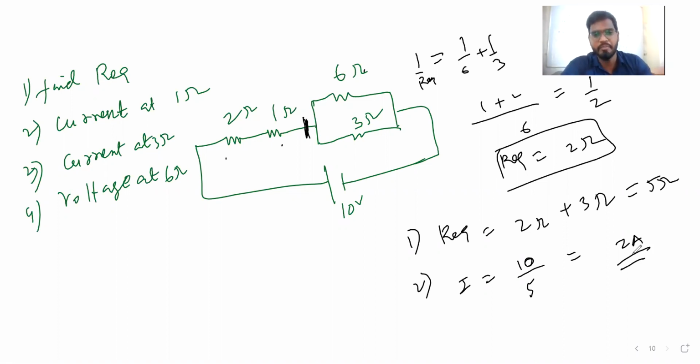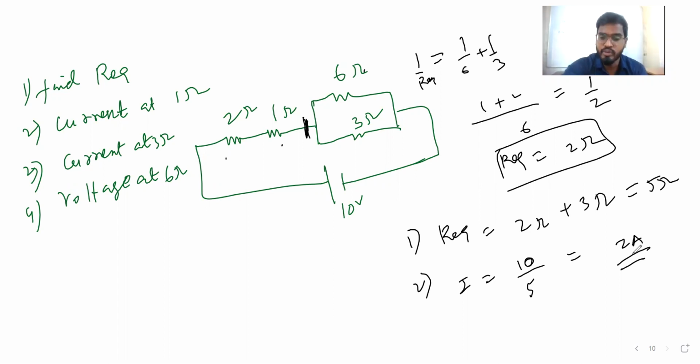Now the current at 3 ohm is how much? You guys will say that the voltage is going to be 10 volt there. No, the voltage will be different at 6 and 3. Why is this so? Because before that there are some other appliances, two more resistors, that will also use that energy, that voltage, because voltage is required to flow the current. So the voltage is not going to be the same at 6 and 3 now. Once we find how much voltage is going to that 6 and 3, then we can say both are equal, but before that we can't say.